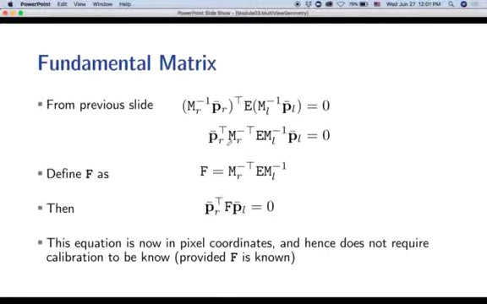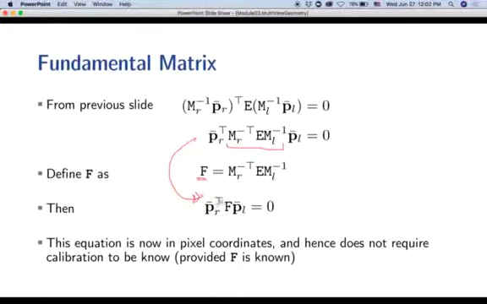Okay, and now consider this thing. E is a 3 by 3 matrix. ML inverse is also a 3 by 3 matrix. MR minus inverse transpose is also a 3 by 3 matrix. And so let me call that 3 by 3 matrix F. Okay, and that's called the fundamental matrix. If I define this as F, then this equation simply becomes PR bar transpose F PL bar equal to 0,